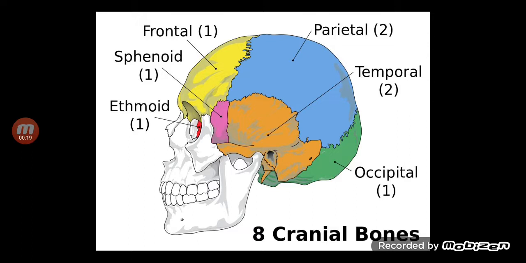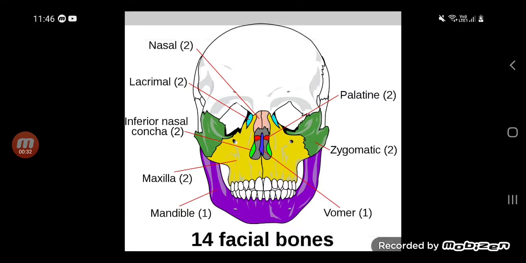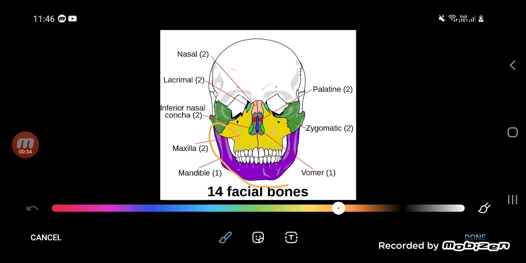So we will cover here 28 bones. 8 are cranial bones, which is also called the brain box. It is flat in shape. Then we will cover the 14 facial bones, in which I am going to tell you one fact. This lower jaw is the only bone which is movable in our face. That's why we are able to speak or move our face or jaw.